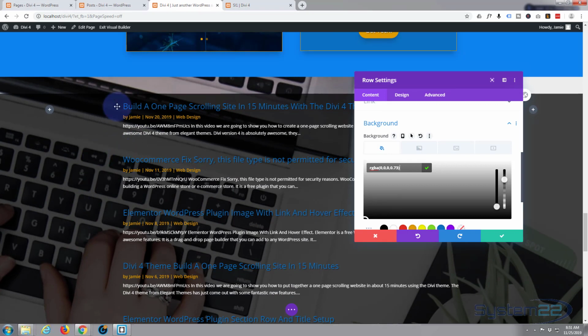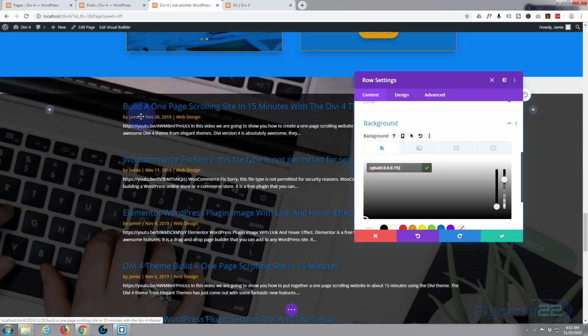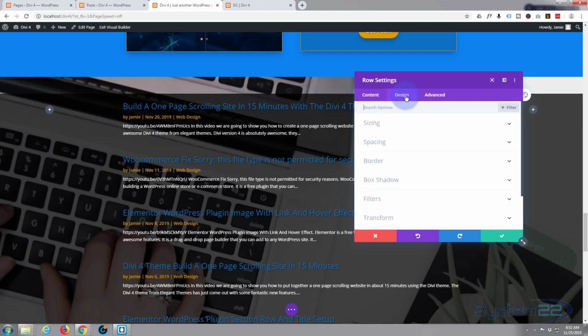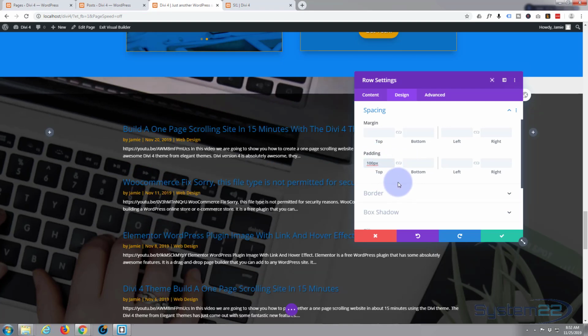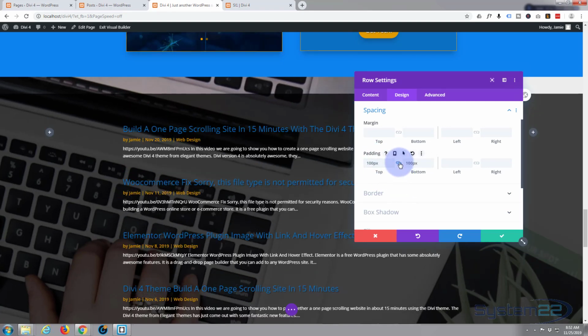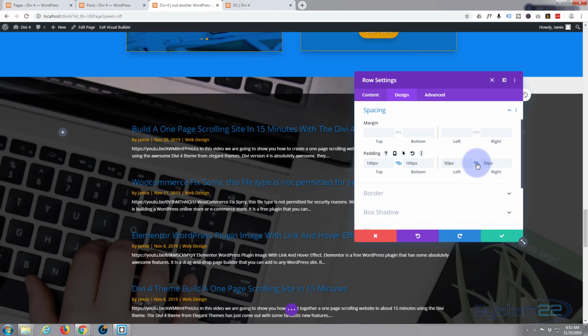Next thing I want to do is give this a little bit of space either side and top and bottom. We might want to adjust this for mobile, but we'll go ahead and do it. So let's go to design, we'll go to spacing, top and bottom. I'm going to give it 100 pixels. Just write in 100, it'll put in the PX for you. Hit the chain link, it'll do the opposite. Left and right, I guess I'll give that 50, and again hit the chain link. Now you can't see a lot there, but if I just save that,